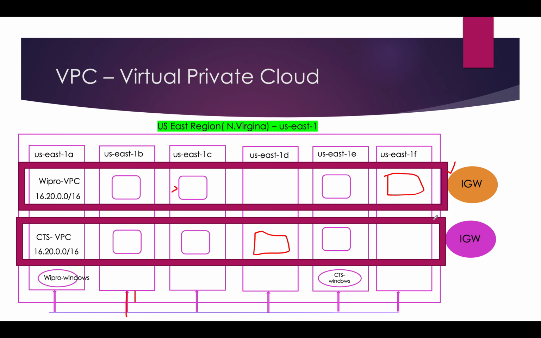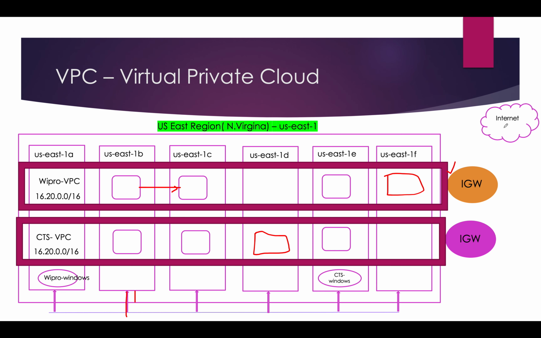For one VPC, one gateway will be required. If you see here, for this one also one gateway will be required. Through this gateway you can allow the traffic. But if you want to communicate between these two, you don't need any gateway. Through this default configuration I can create that. Here both can communicate with each other, but from your system, your IP you don't know, right? If the outside public wants to access this Wipro VPC, then they need to come via this gateway only.